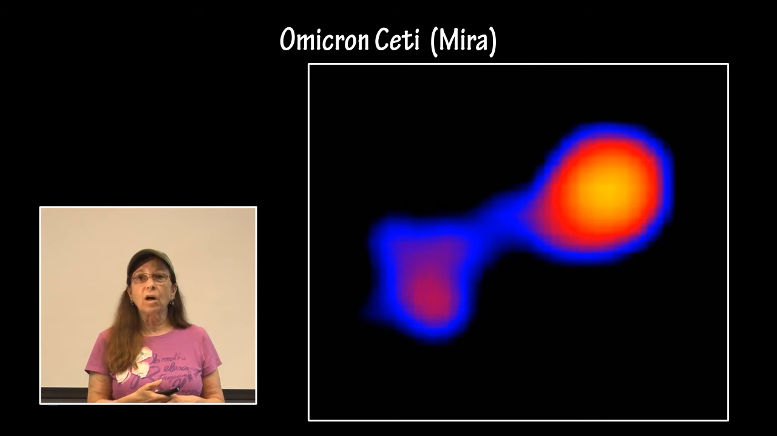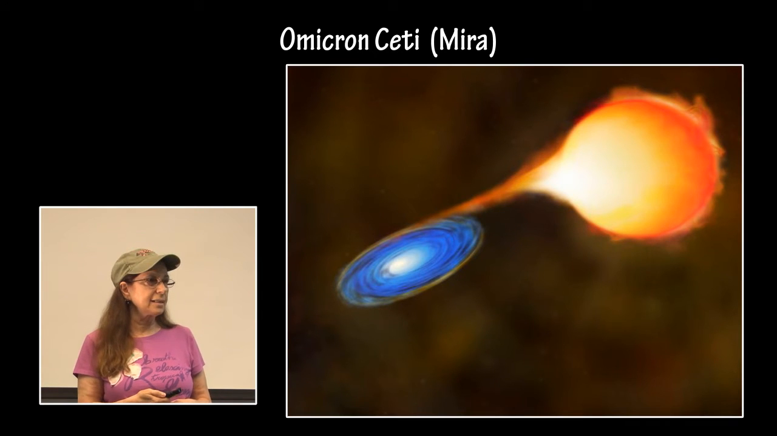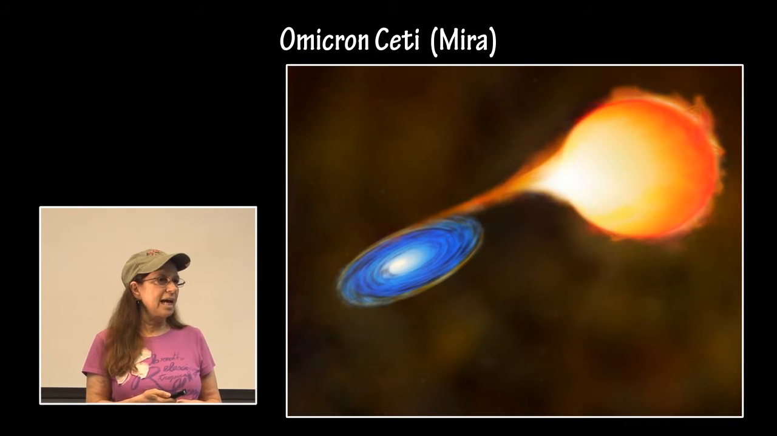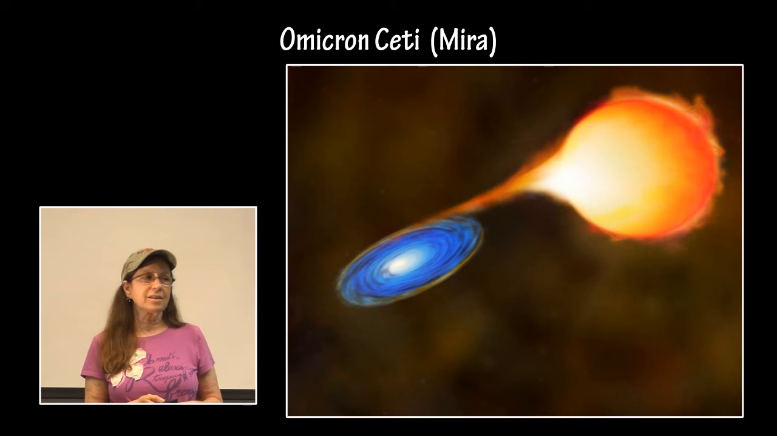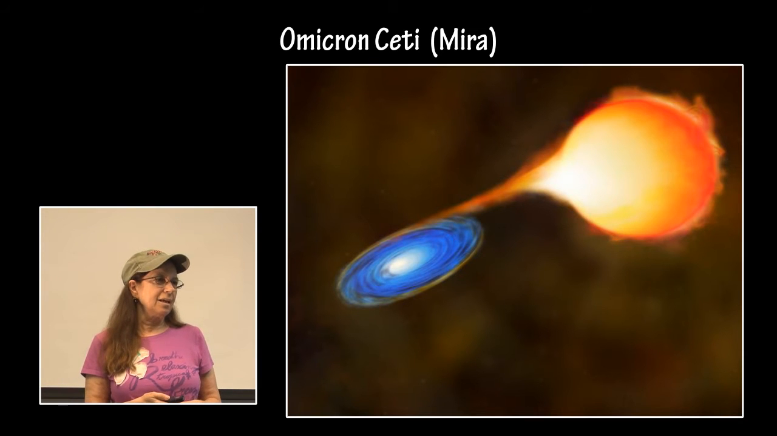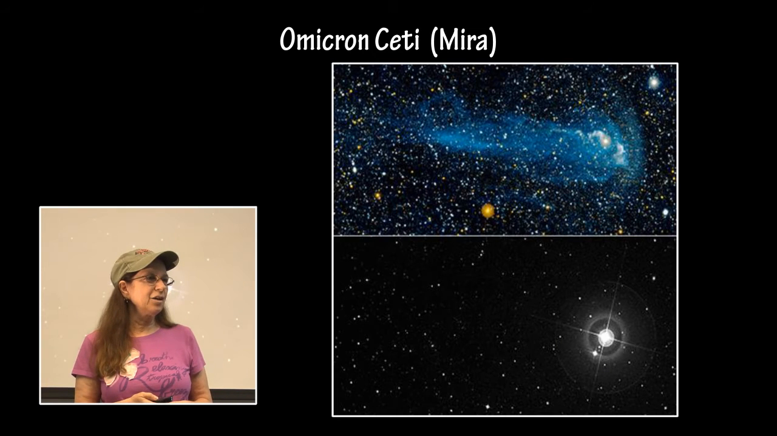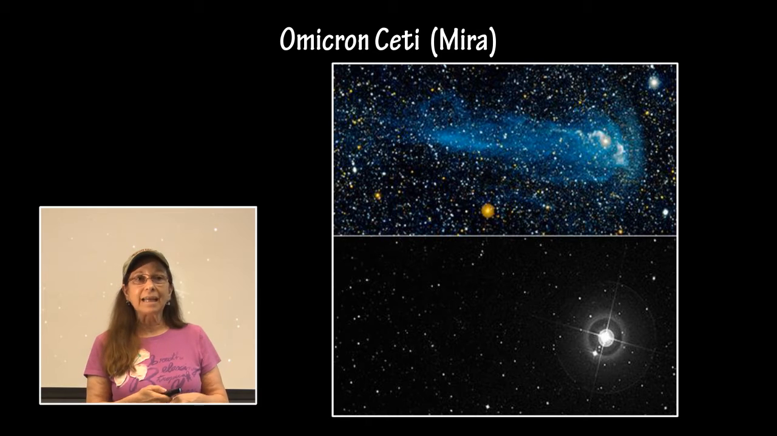it also has a white dwarf companion. And there is mass transfer taking place at a contact point between the two. This is an artist illustration of Mira, Omicron Ceti, and its white dwarf companion. And here is a GALEX image, an ultraviolet image of Mira at the top, an optical image below, and unless you